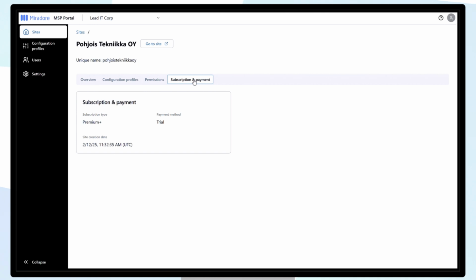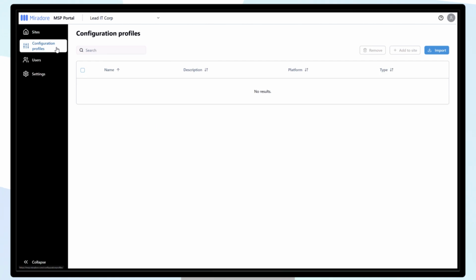The second menu item in the navigation pane, Configuration Profiles, allows you to import an existing configuration profile to be shared between sites, thereby reducing the manual overhead.